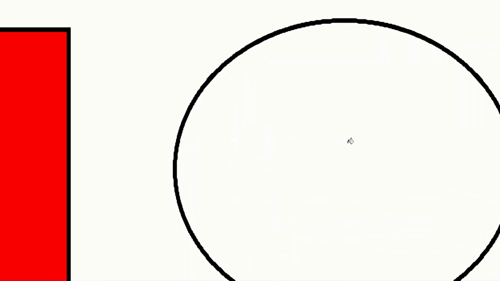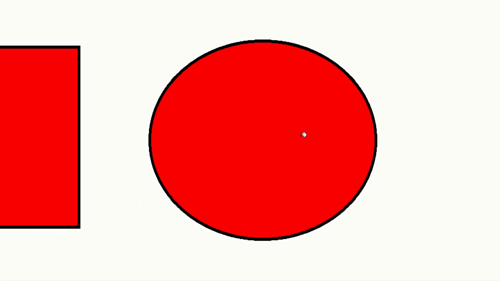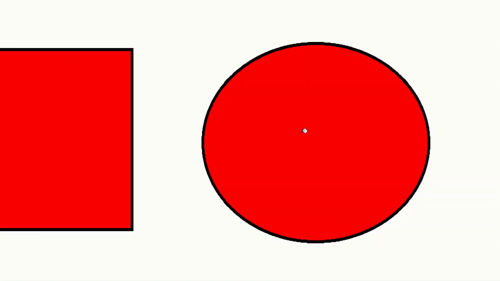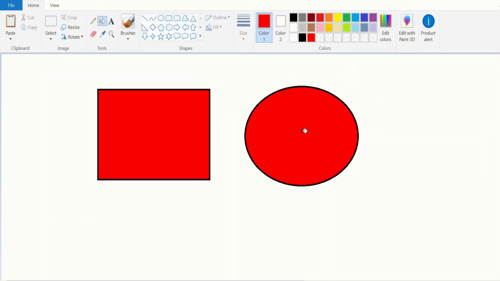then select the color from the rectangle, not from the color palette. From the rectangle I am selecting the color. Now you can see that the pointer has changed to fill with color shape. Left click inside the circle. What can you see here? The color of the circle has been filled with red color without selecting any color from the color palette.